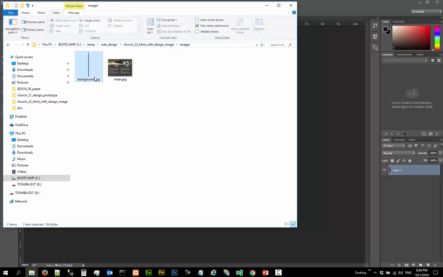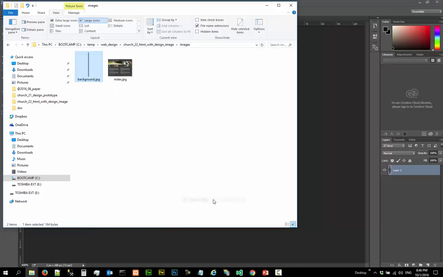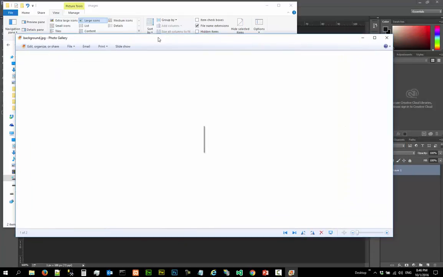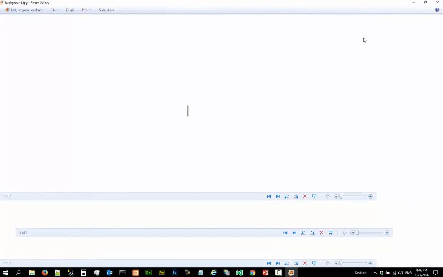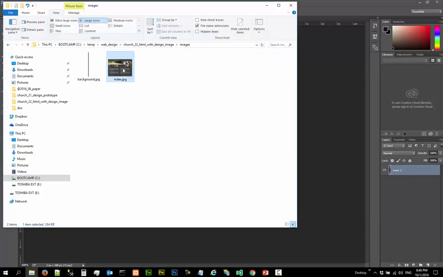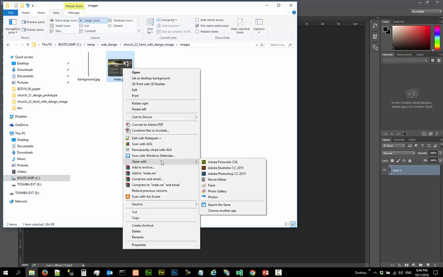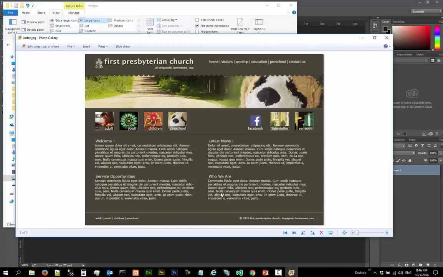So the background file looks like this. Let's open it with, right click, open with photo gallery. So it looks like this, okay? Which is just a line. And this one looks like that. Okay, so it's perfect to show this to a client,